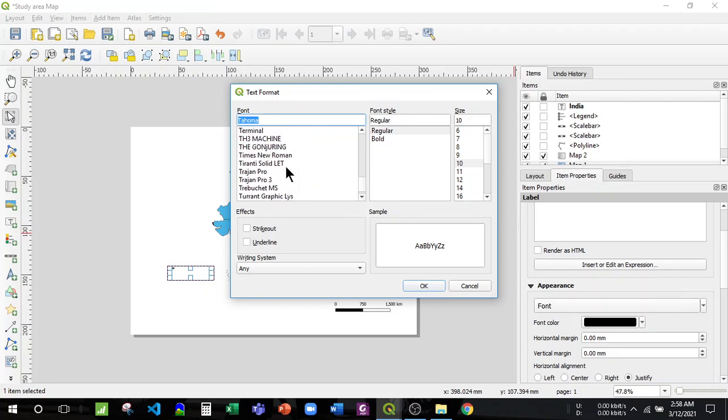Suppose I can take anything like, take this. Okay, then bold, and then increasing the font size to this,